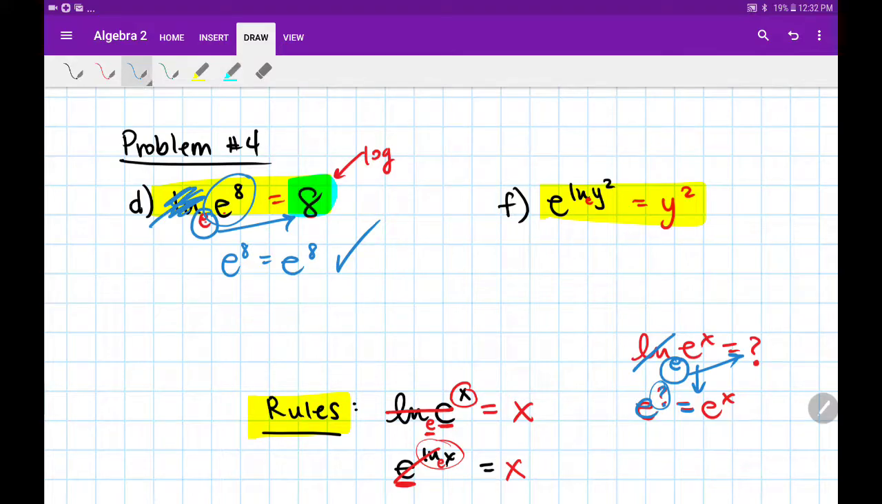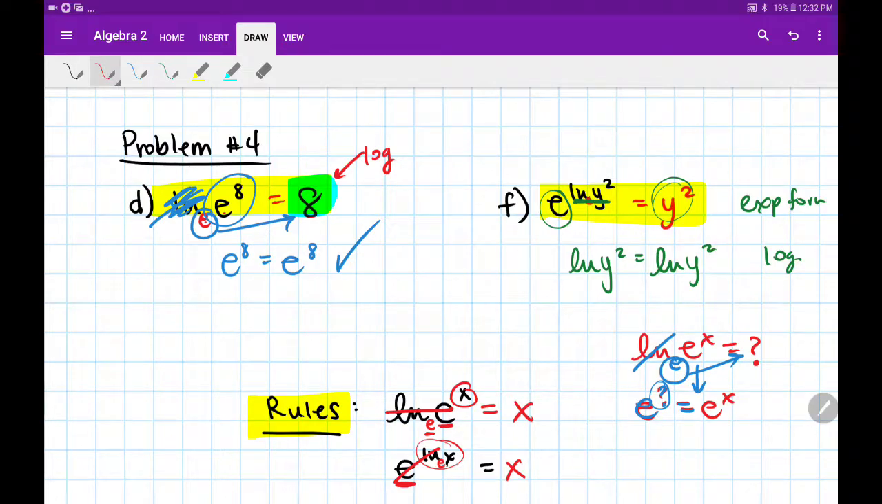Similarly over here, since I have e to the power, this is actually an exponential form. So to go into log form, I'm going to bring down the exponent, which is ln of y squared, and set it equal to log base e, which is just ln of the remaining number, y squared. And so again, you see that the left side is equal to the right side. Okay, so the answer to D was 8. The answer to